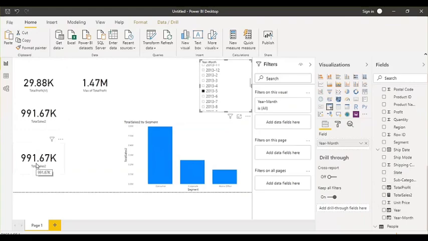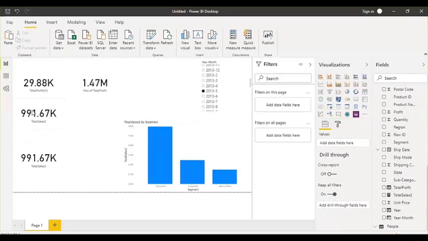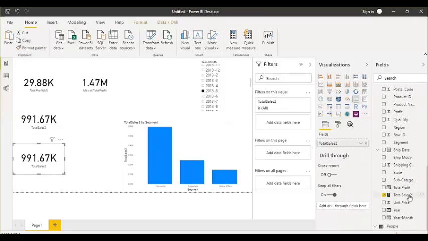Okay, so regardless of the filter, this should be the same value, total sales, so that you can see the comparison, like what was the initial and what is it now for this month. This is a very common requirement. Every report, in every visualization, you may require this. So what you will do here now is reuse this measure.